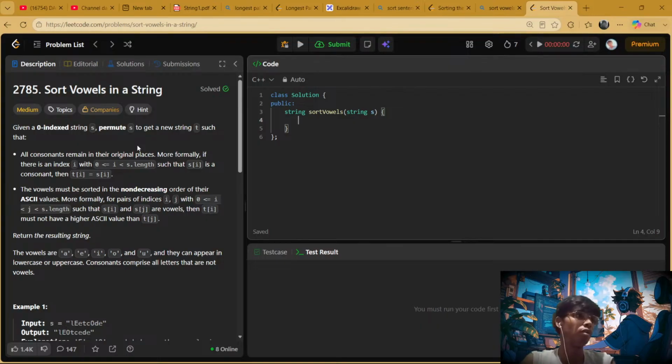So first condition is all consonants remain in their original place. Basically the alphabet has consonants and vowels. So all the consonants remain in the original place, right? More formally, if there is an index I with 0 <= I < S length such that S[I] is a consonant, then T[I] is equal to S[I]. So it means that whatever T string I create, whatever consonant is present on the ith index of S, that same consonant will be present on the ith index of T. Now second thing,